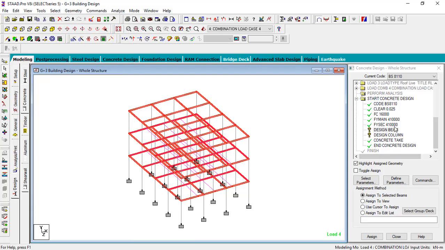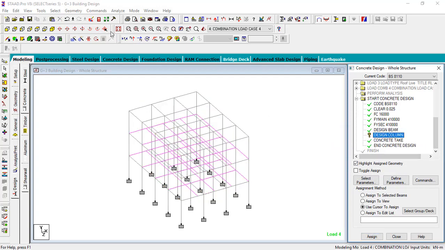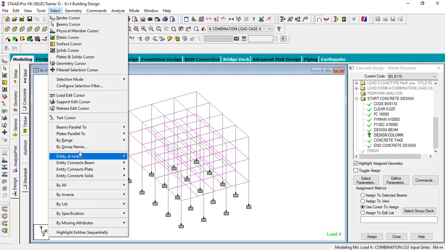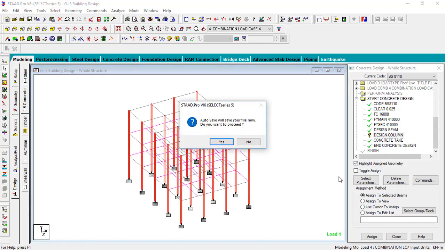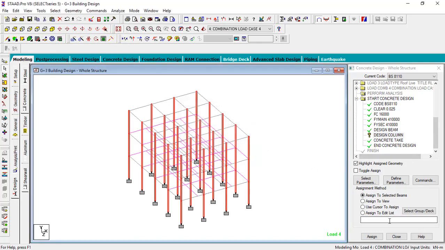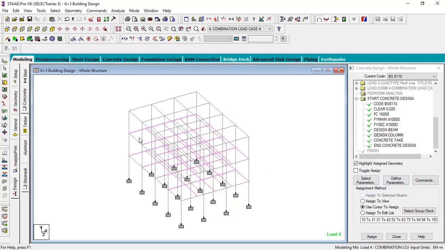So we assigned beam design to that. Okay, so select assign to selected beam, assign yes option. For columns, the same thing. Come to these provisions and then beam parallel to the y directions, just like that, and then assign to selected beam, assign yes option. So after which you will go back to